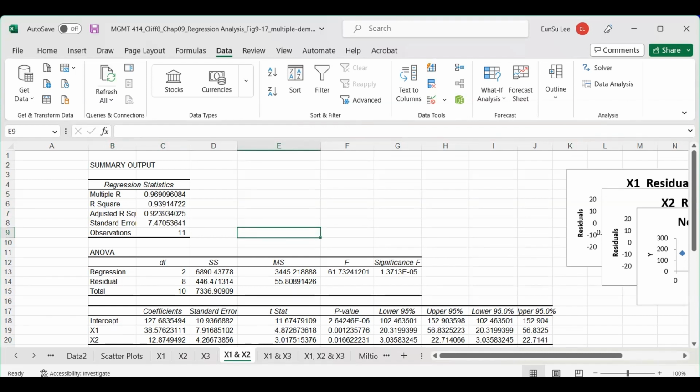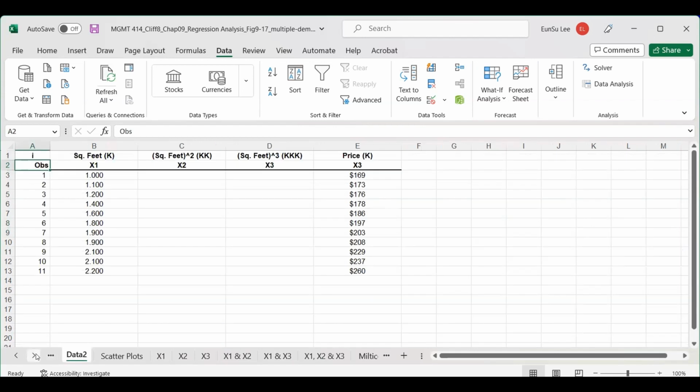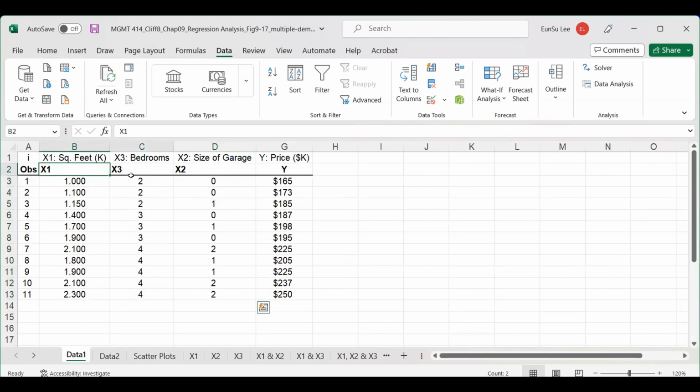So as you mentioned, there is a multicollinearity issue between x1 and x3, because the variables x1 and x3 give us very similar information, because the number of bedrooms depends on square feet. That means if you increase square feet, then you have a better chance to have more bedrooms. Excel doesn't provide any function to see the multicollinearity, but we can use a simple way to check